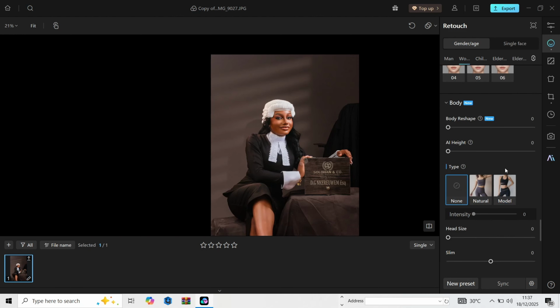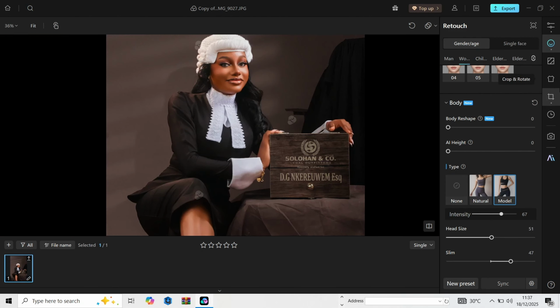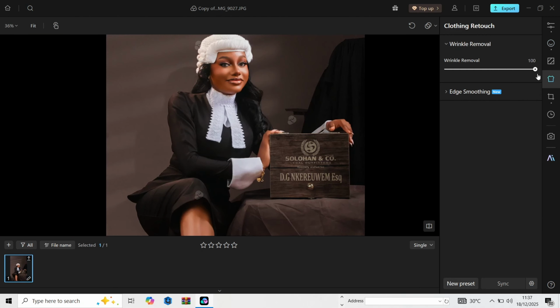So I'll come down to my body, select model. It just gives her the shape of a model, and maybe improve it a little bit. Now, to make things look even more beautiful, we'll go to the clothes and iron out her dress. Give us a very clean, properly arranged dress. And once that's done,